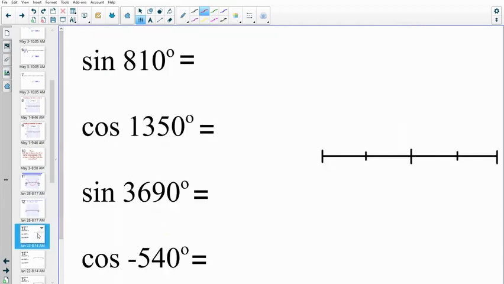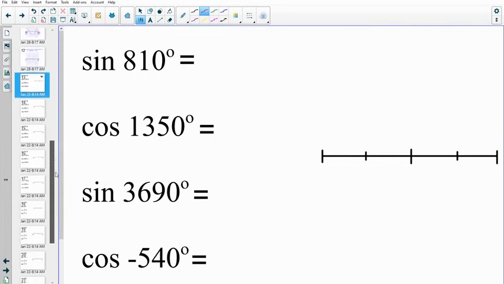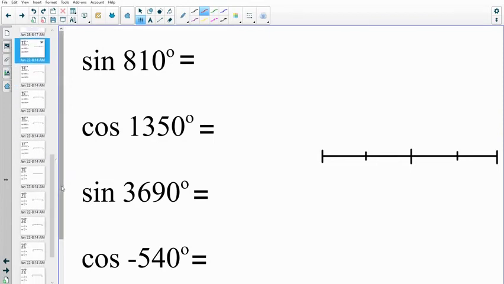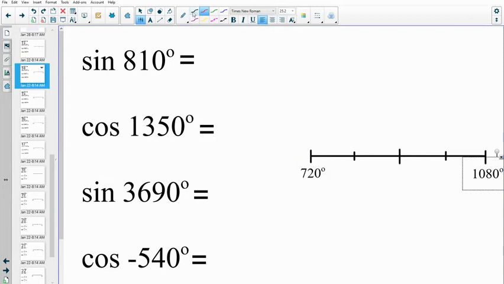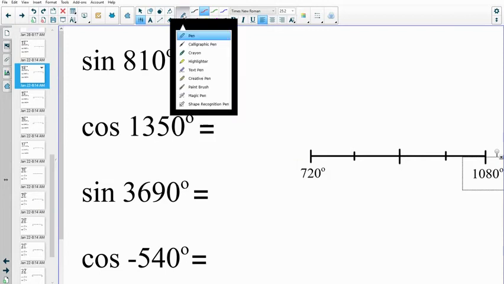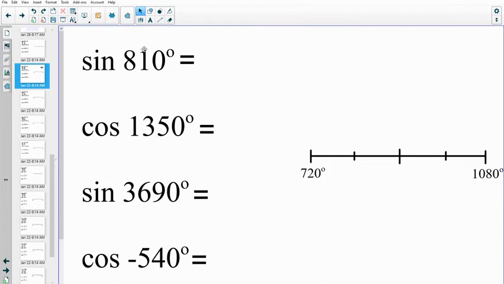So when I do questions like this, and I want to figure out what is sine of 810 degrees? And by the way, I don't know if I need to say this, but these are obviously no calculator questions. You shouldn't be using a calculator for these problems. If I say, what is sine of 810 degrees? Well, I'm going to find a section of the sine curve that includes 810 degrees that goes from one multiple of 360 degrees to another one. So 360 degrees,